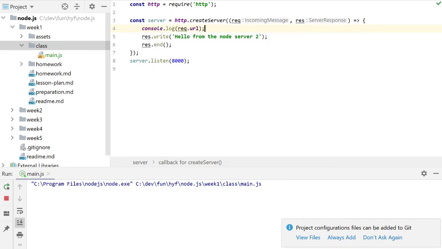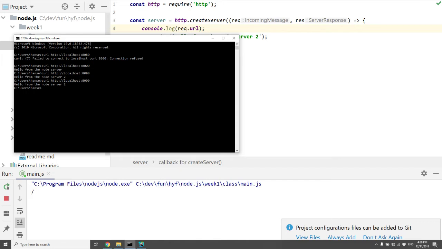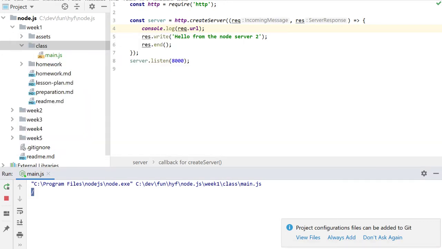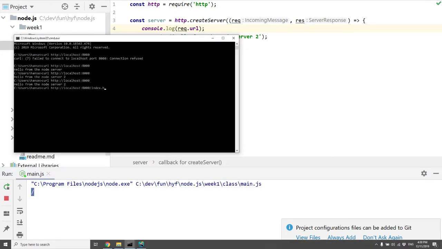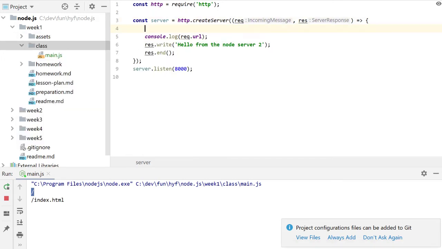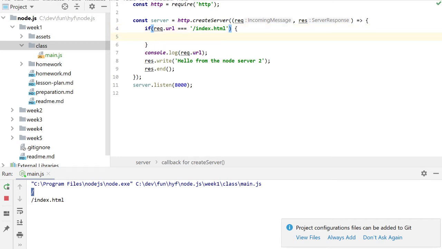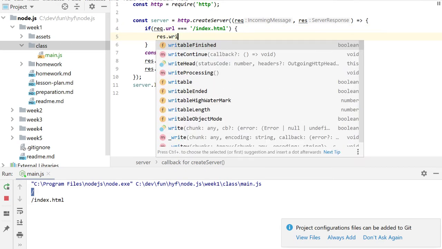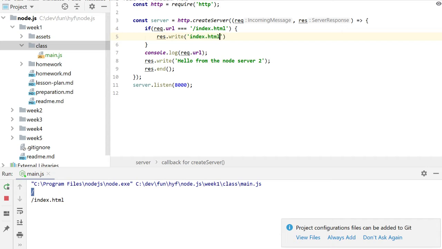I can basically log it out. So what does the request come in at? You see it writes something down here. So that came in at a slash. So what if I request index.html? It'll write out index.html. So I can say, if request.url is equal to index.html, then I want to do something like this, else